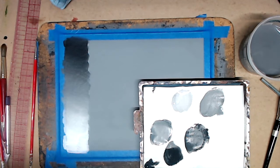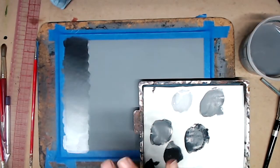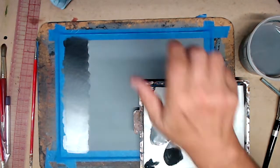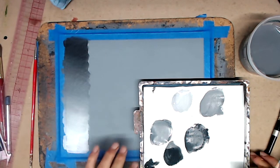The problem with wet into wet is that you have to work fairly quickly, and it's hard to put in details, hard to make adjustments while you're working wet into wet. So it's a technique that, again, is used for simple stuff, for big areas. For smaller areas, we need to use two other kinds of blending techniques. One is called wet into dry, and another one is called dry brush. So let's talk about